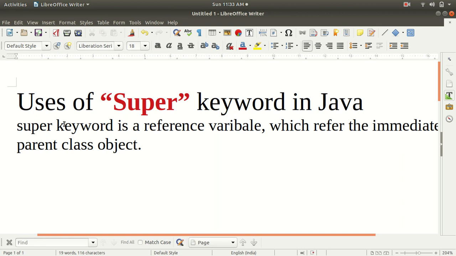So now guys, we are going to see the different uses of the super keyword. Basically there are three uses of the super keyword.